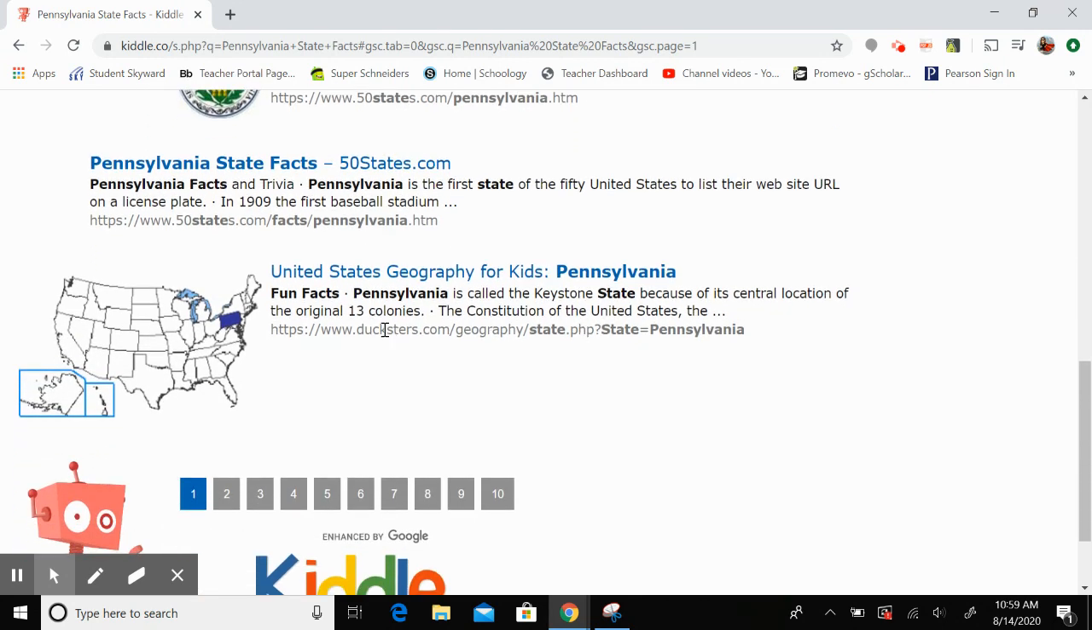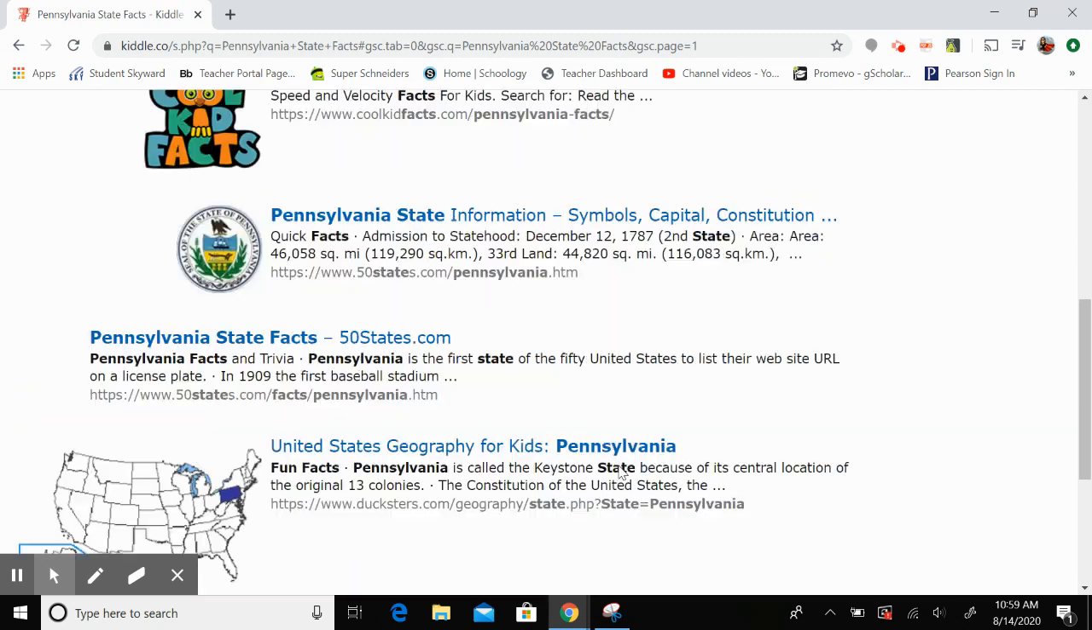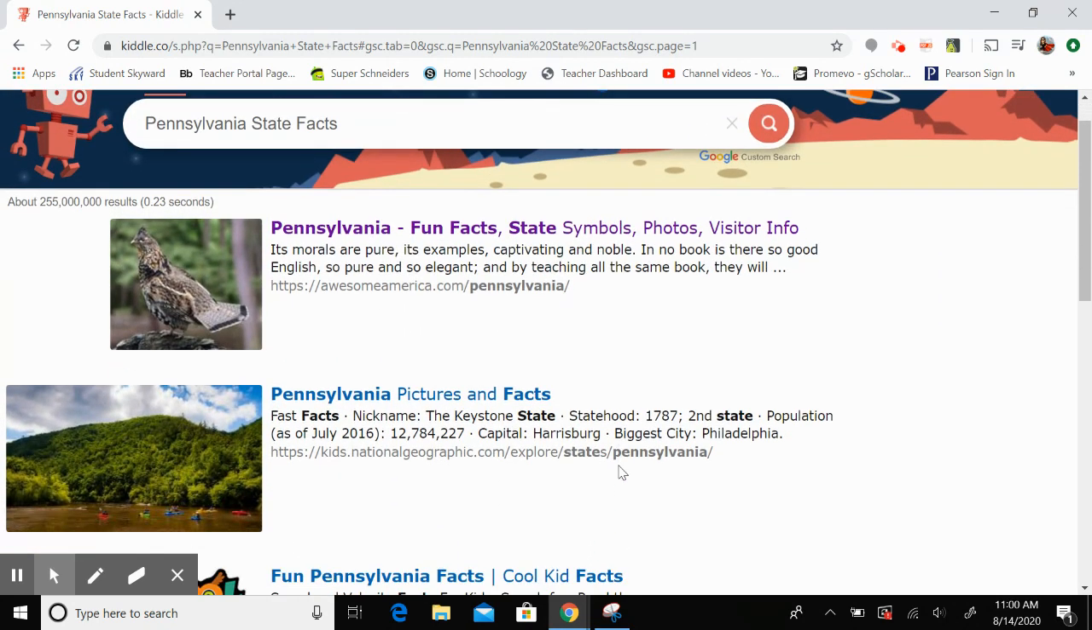So I see Dexter's is down here. We've used that before as well. And down here at the bottom, that 1, 2, 3, 4, 5, 6, 7, 8, 9, 10, that just tells me that there's 10 pages worth of information here. You do not need to look through all of that. So what I'm going to do is I'm going to scroll back at the top, and I'm actually going to go to